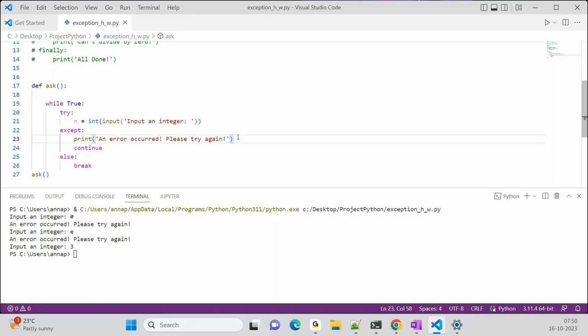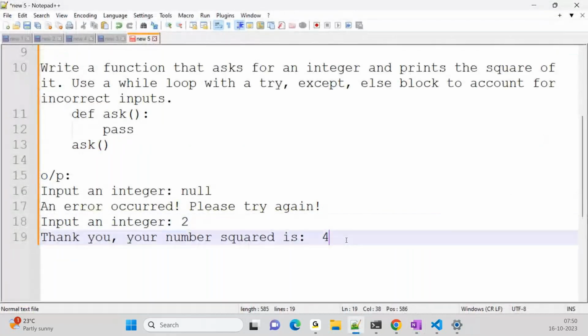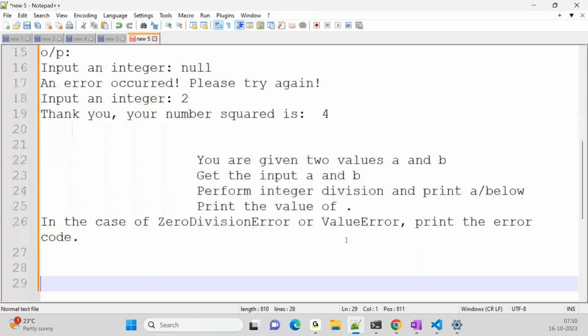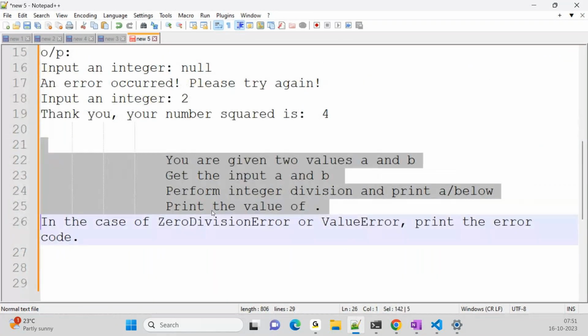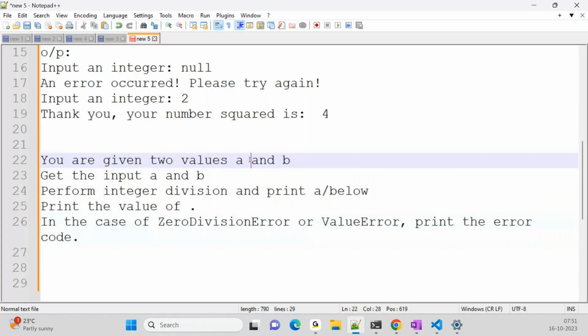logic, and no print statement. In the else,